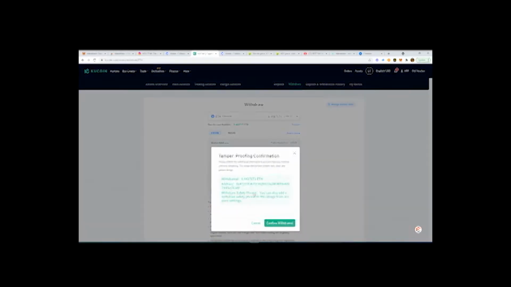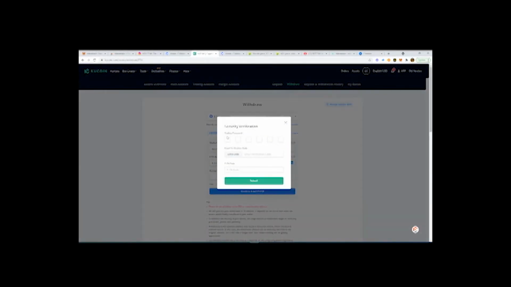Hit confirm, and I have to put in my safety password. I have to get my code from my email. Give me a second. Okay, I paste my code from my email. I also have to get my code from my authenticator on my cell phone. Okay,